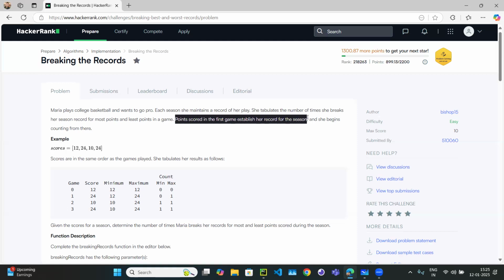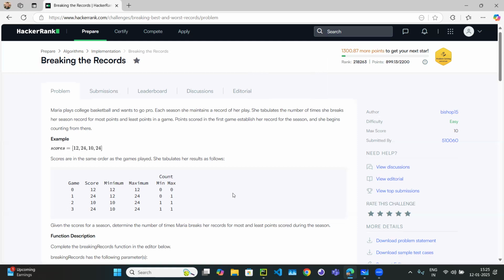Whatever points she earns in the first game is going to establish the record for the other games, and she begins the counting from there. So as an example,